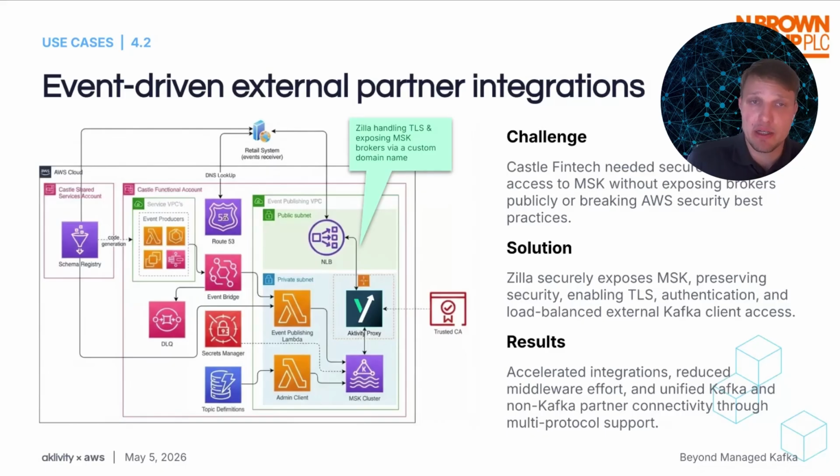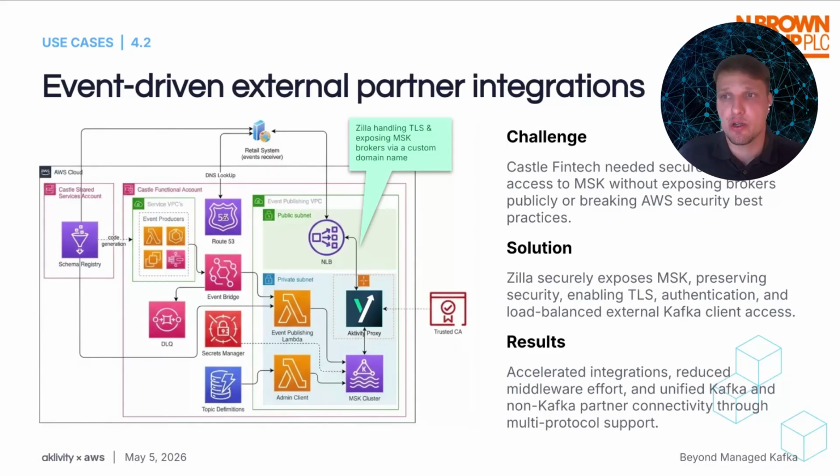So the challenge was that N Brown's real-time architecture, like Bader's, runs on MSK inside a private VPC, and the security model that protects the Kafka cluster makes it difficult for trusted external partners outside of that VPC or even the AWS account to connect. For N Brown, turning on public broker access would have undermined MSK security benefits, while custom networking and middleware would have added complexity. So ultimately, they deployed an operational layer with Zilla and created secure, publicly reachable Kafka endpoints behind a custom domain without exposing their brokers or making any changes to their underlying clusters.